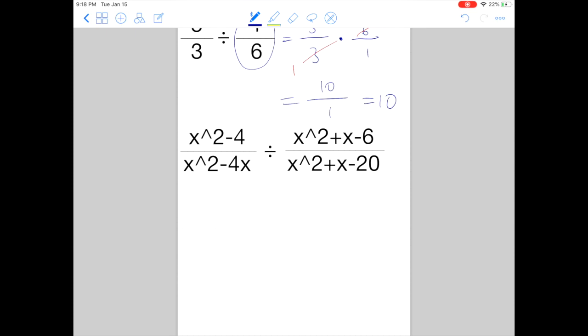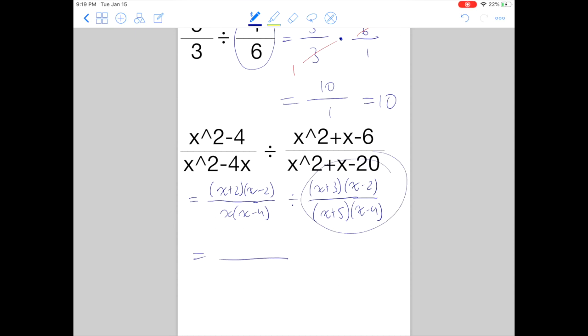So for this division one, it's a little bit more involved. However, it is not that complicated if you factor correctly. So from this we can get x plus 2, x minus 2 after factoring as a difference of squares. So we get x and then x minus 4, and we divide that whole thing by x plus 3 and x minus 2. And here we get x plus 5 and x minus 4. And after this step, we want to take the reciprocal of this fraction. So we keep this one the same. So we get x plus 2, x minus 2,